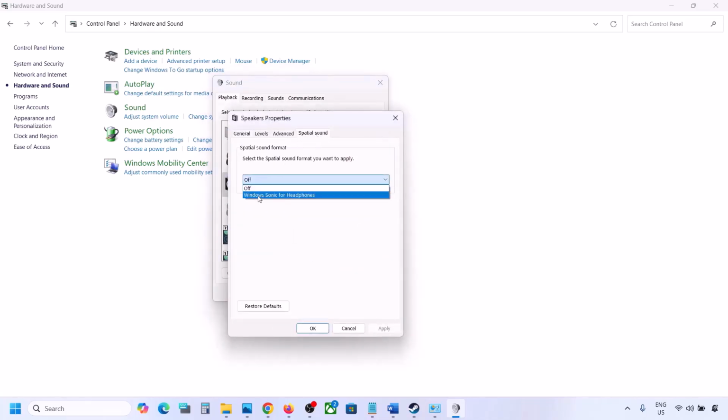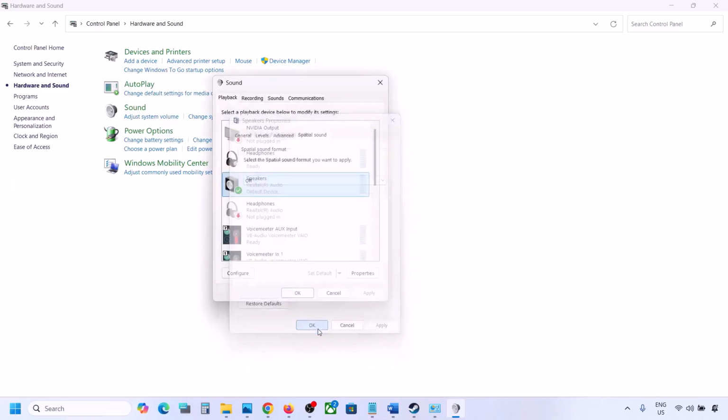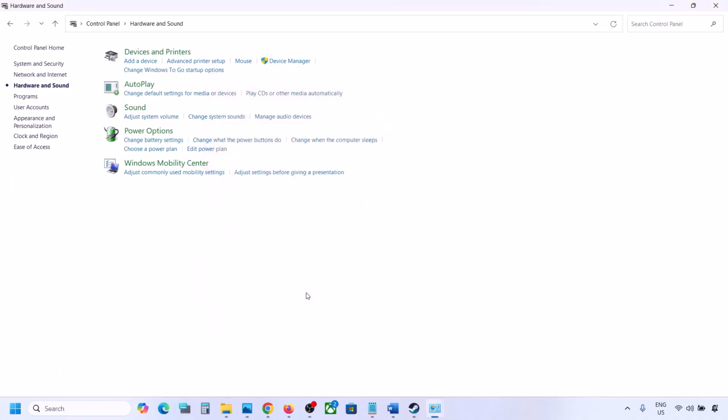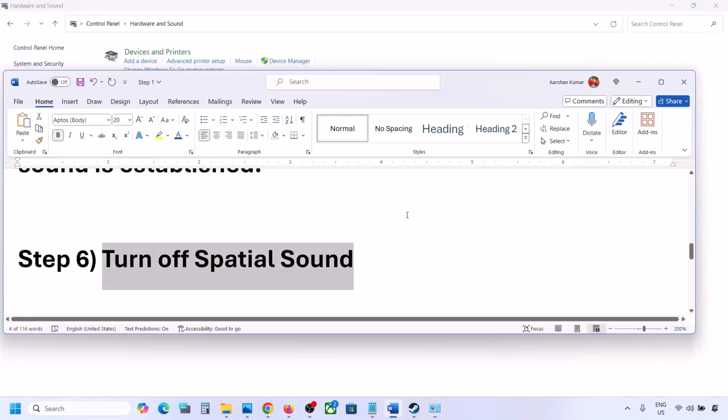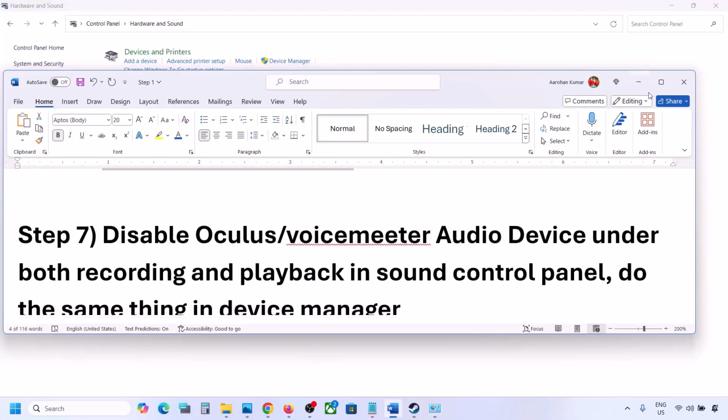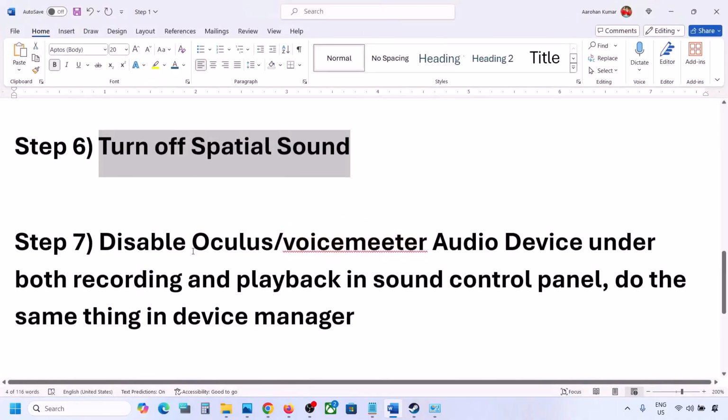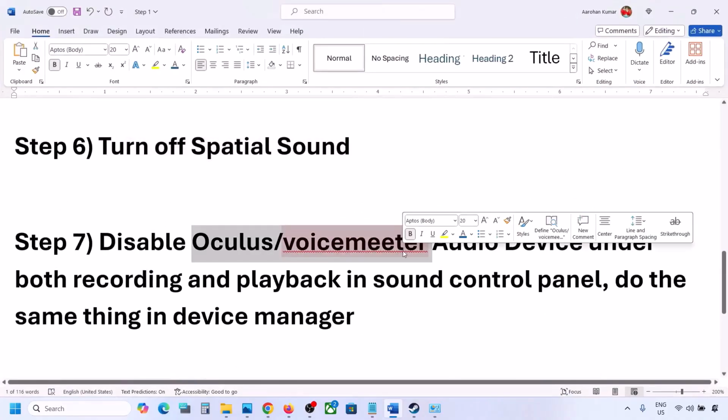If this is set to Windows Sonic, you can turn it off and then click on OK, or you can do the vice versa. If it is already set to off, then you can try Windows Sonic and then check. Now the next step: if you have applications like Oculus or Voice Meter or any other audio device,